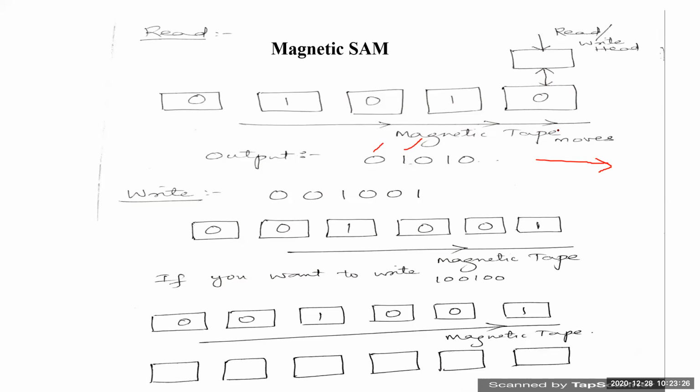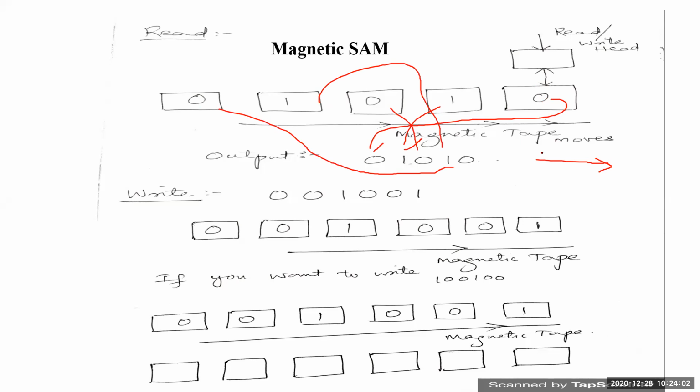As the tape goes on moving, the cell will be coming to the edge of the tape, and you will be reading that particular data with respect to the cell's location. Okay, this is how ultimately what will be my answer for this one. In the read of magnetic SAM, as the magnetic tape goes on moving, first this will be read, and afterwards 1 will be read, and then 0 is going to be read, and then lastly, fourthly, this one, and ultimately my output will be this 0 is going to be read. So this is what happens over here in this particular read operation.